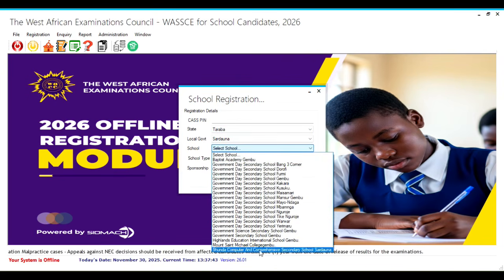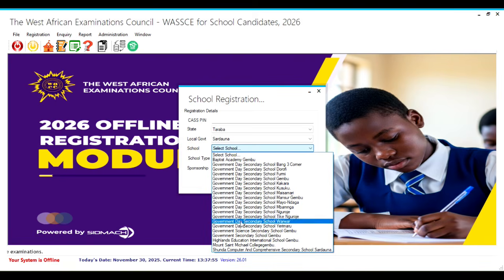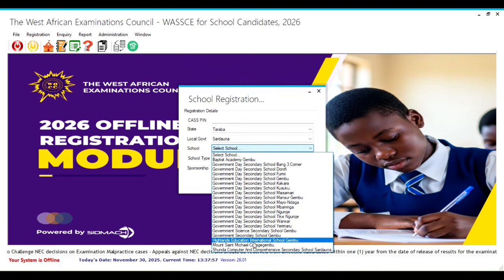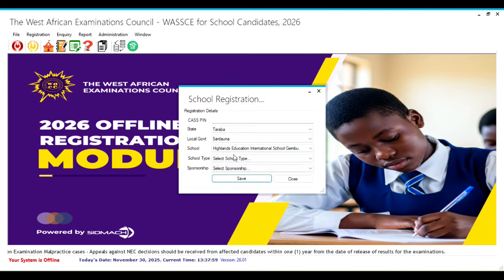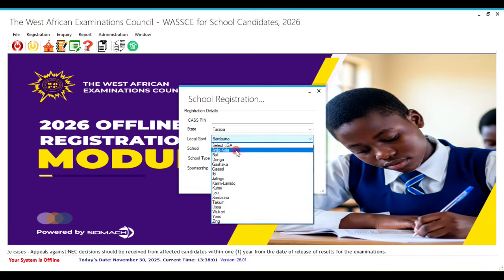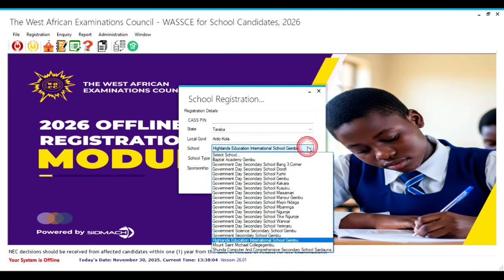Next, any school that has been added to the license, you will find them here. Like these ones are private schools, these ones are government schools. So all of them are added. Let's assume they all have their license. Click. But if you don't have a license,